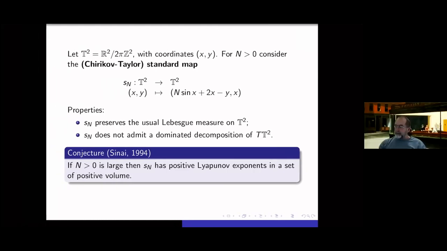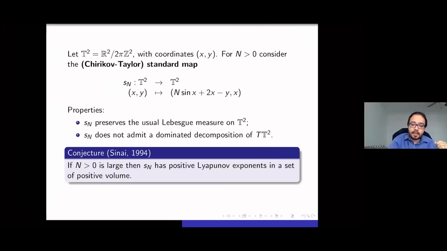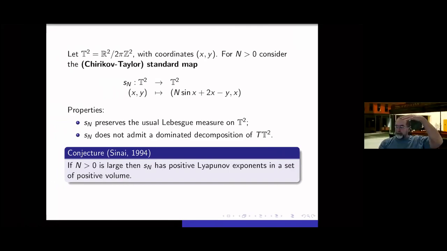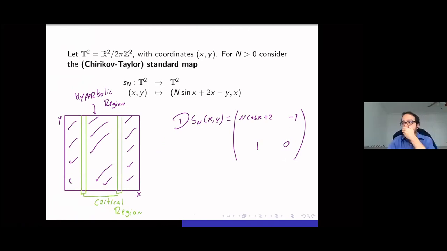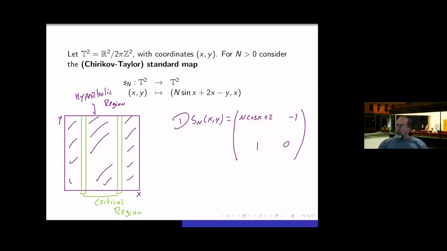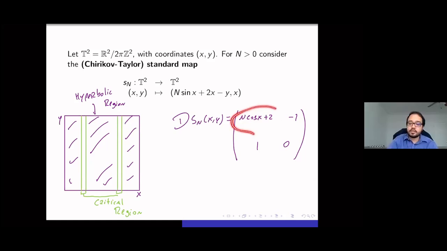Can I ask on this? I mean, this sine term is a shear, right? Or is it the 2x? When you looked at your matrix, it had determinant 1. Yeah, so that means that you're dealing with a shear. But I guess the main thing here is that you want to understand if this hyperbolic part is dominant. Okay, so why would it have positive Lyapunov exponent? Just because of that term? Just because of this term.